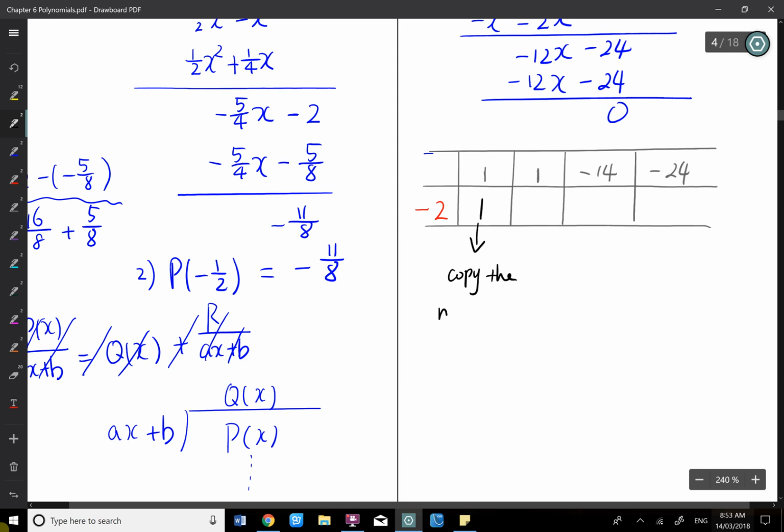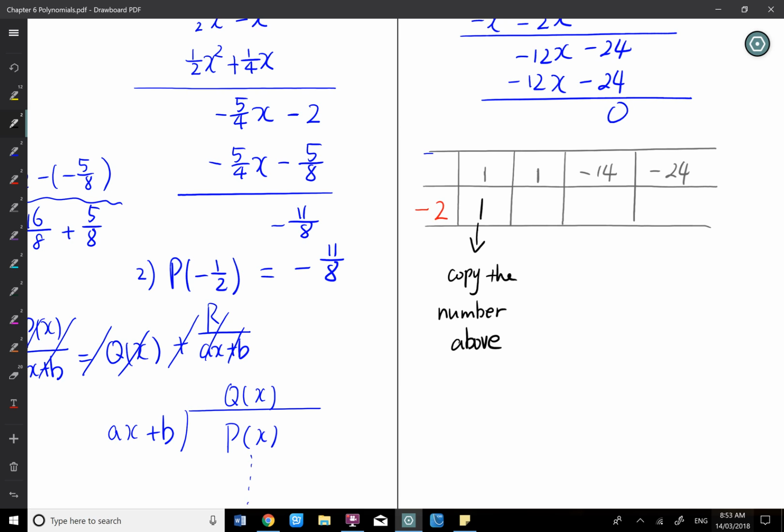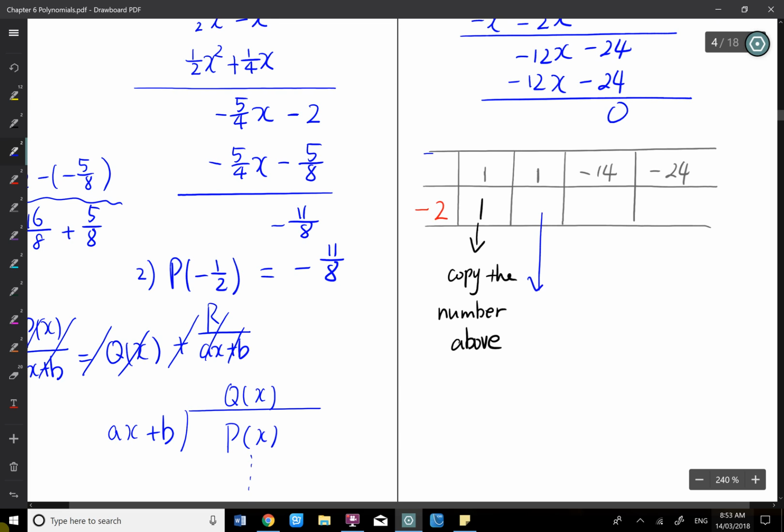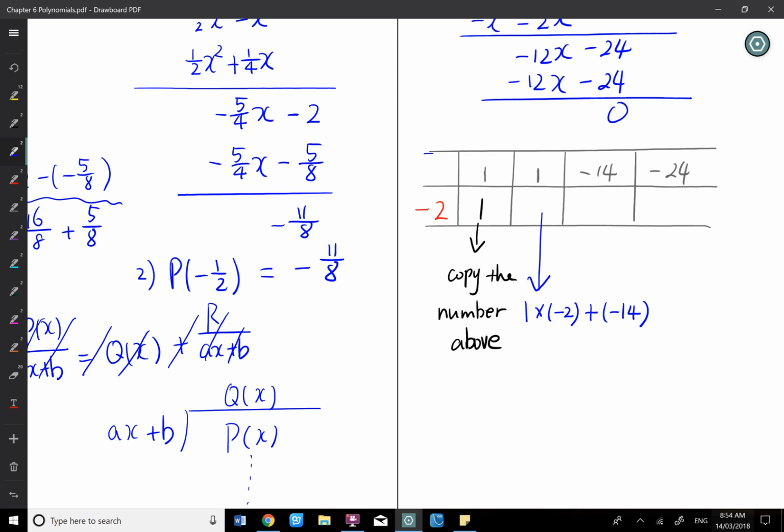Copy the number above. Okay, that's the first one. First one is always done by copying the number above it. And then the second one, the third one, the fourth one, we're all working by the same way. So 1 is the new number you work out. So what you will do for the next column, you will use the new number, times the -2, and add the next column. So the 1 will times the -2 and add the next column. So what you will have here is -2